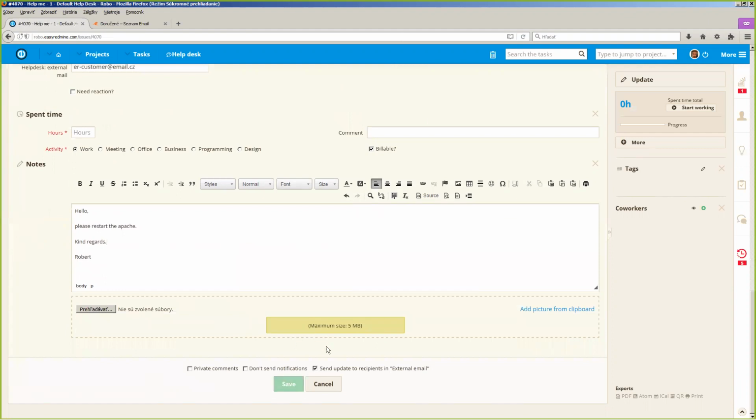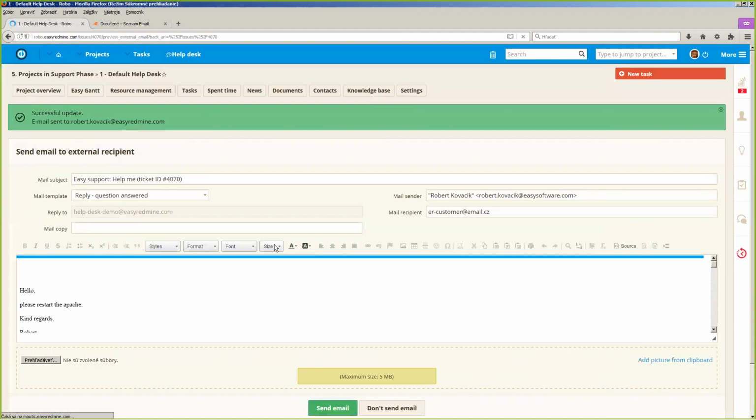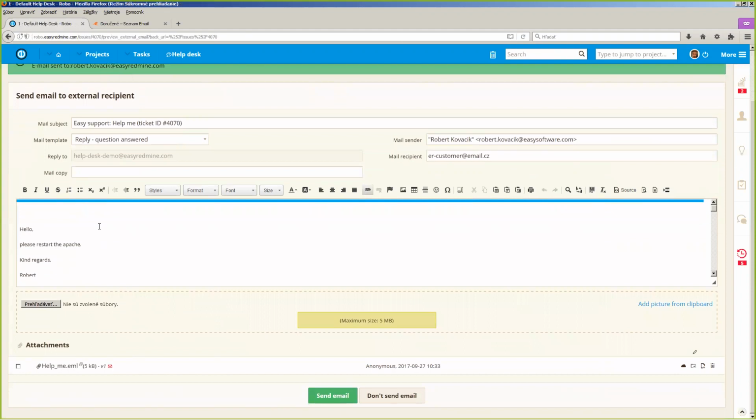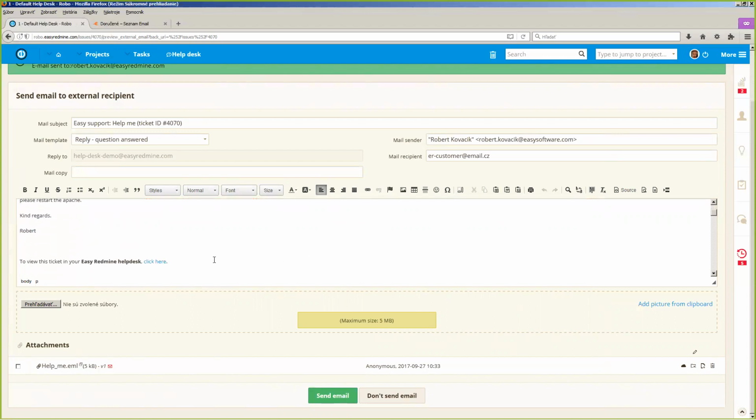I'm going to save the update, which now takes me to the dialog of preparing the actual email that will be sent to the customer. You can remember that the only thing I wrote in the comment are just these couple of lines, but the email which is going to be sent to the customer is in my corporate colors. It contains some additional text here, for example,